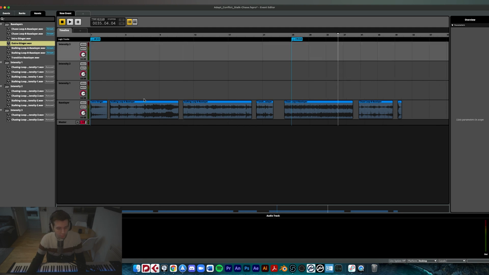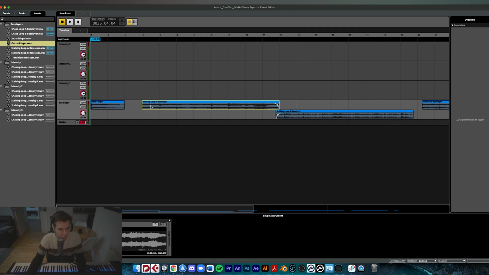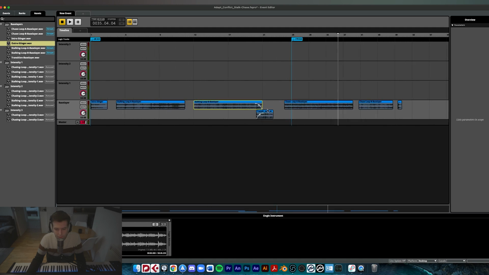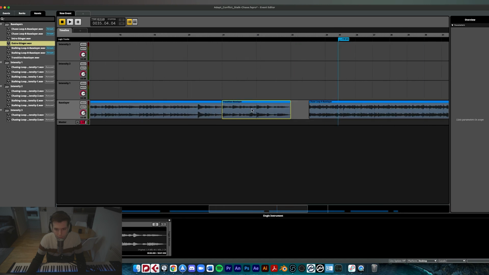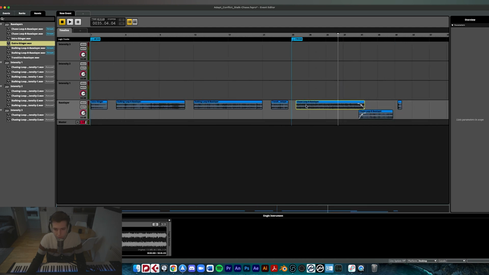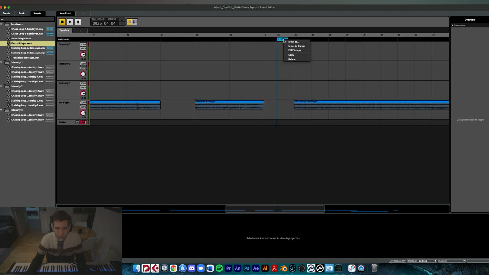So what I'm going to do is zoom into these early ones here, and I'm going to make them so that they all start at the beginning of a bar, just because it makes it a hell of a lot easier to work out the transition points if that's the case. Okay, and we'll make sure that one starts at the beginning of a bar. We'll just move that to